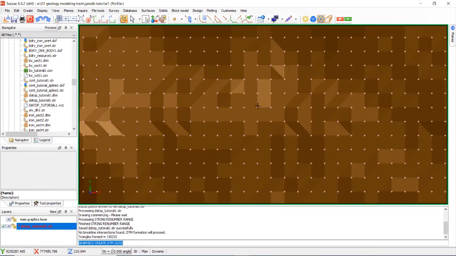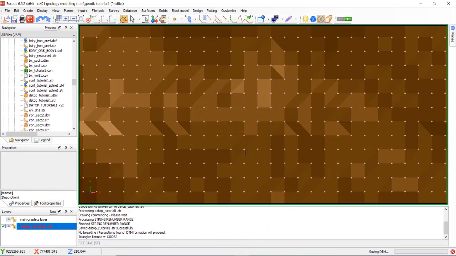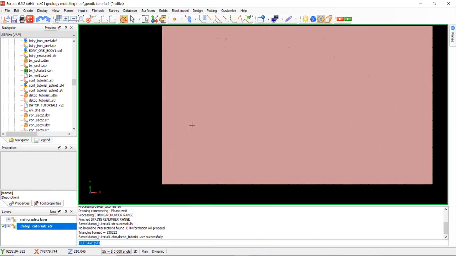Okay. Yellow dark color is DTM, and then save file, enter. Okay, yes, clear.